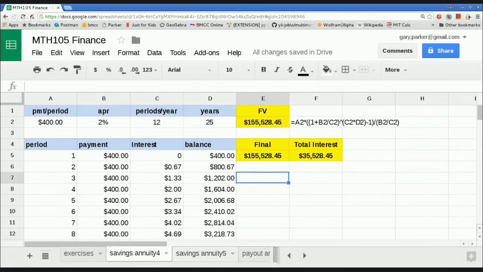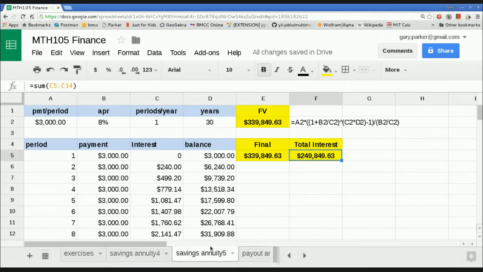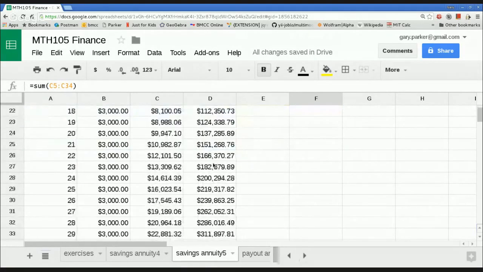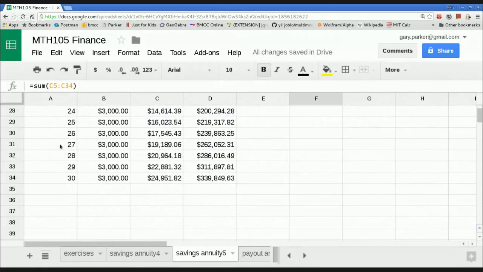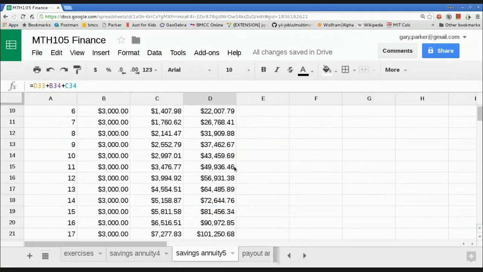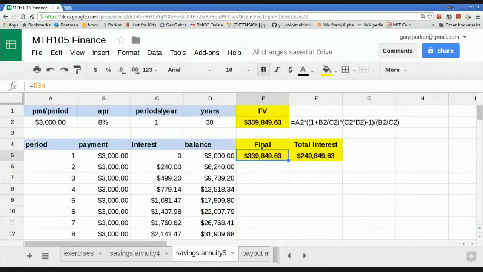So I replicated that same spreadsheet in the next one here. This one was where we were just paying once a year and collecting 8% interest once a year. And so we can see what happens over 30 years. So just a lot fewer cells because I'm only doing it once a year. But I can see here that the final formula I have just with simple interest and sums is the same as this wild calculation using the savings